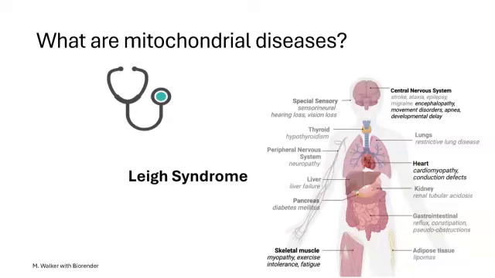Some of the clinical syndromes you may have heard of or may find when you do reading include things like Leigh syndrome. This is the most common clinical syndrome that will affect children who have mitochondrial disorders. In Leigh syndrome, what I've done for you here is to bold the symptoms in this figure that are features of clinical Leigh syndrome, and they can include encephalopathy, developmental delay, movement disorders, hearing loss, vision loss, as well as cardiomyopathy, diabetes, and other features. But the neurologic ones in particular are the most characteristic.